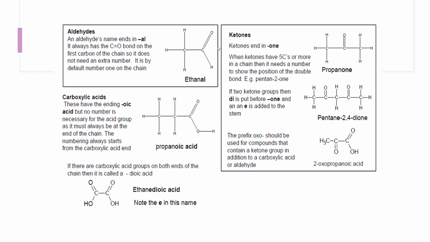Then how to name aldehyde? For aldehyde, it is C double bonded with O and H, and they're always at the last. And the name should end at AL. So 2 carbon atoms are there, because aldehyde is starting with a vowel. So that's why it is AN due to the carbon-carbon single bond, and al because of aldehyde. For ketones, the name should end at ONE. 3 carbon atoms are there. So prop because of 3 carbon, and they have single bond in ONE, propanone. But what will happen if 2 are there,